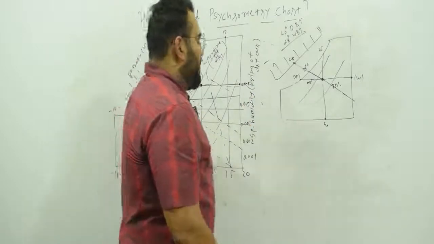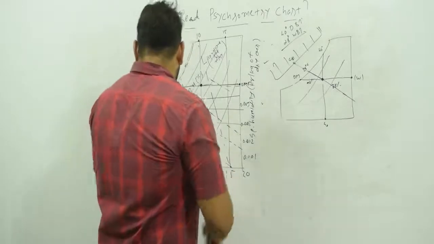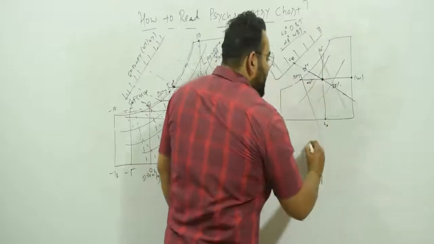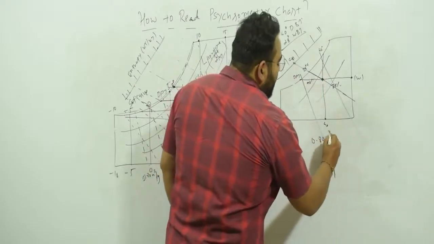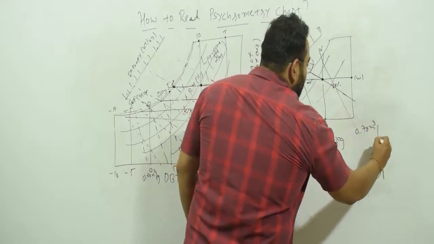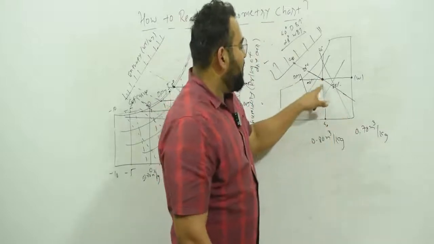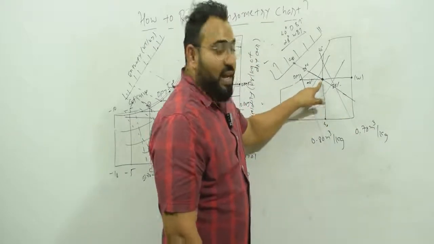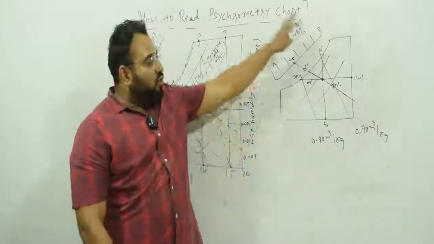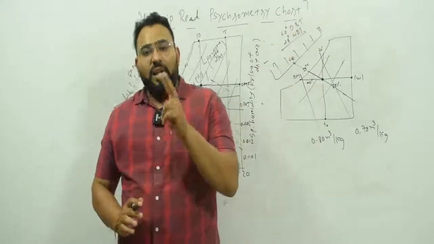Now the next thing remaining is specific volume. How to find specific volume? Let's say the specific volume lines will be something like this. Let's say 0.80 meter cube per kg is written over here, and here it is written 0.70 meter cube per kg. That means if this point is between 0.70 and 0.80, then the specific volume will be 0.75 meter cube per kg. You have to go randomly something like this. This is just an example. I have not solved it exactly, but now you can take any random 2 points and solve the example.